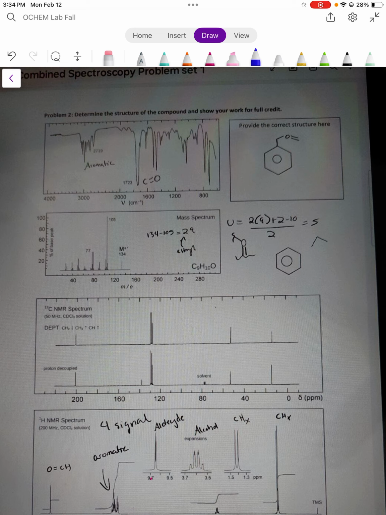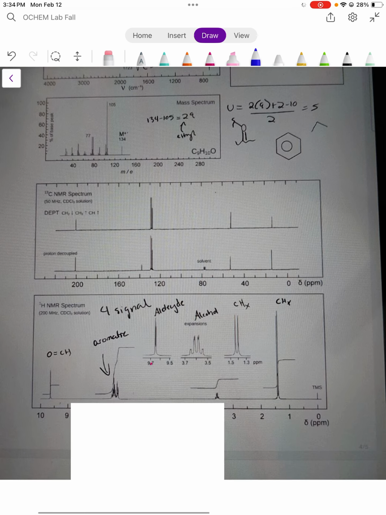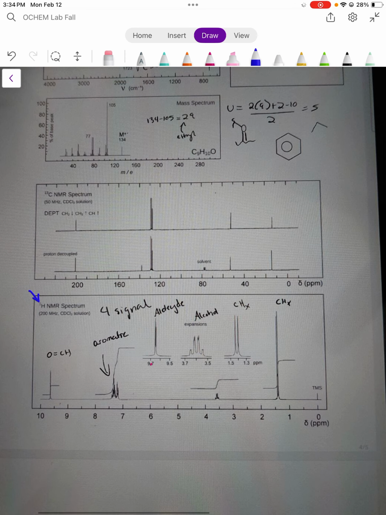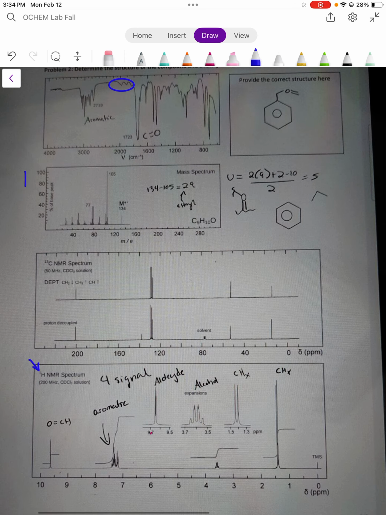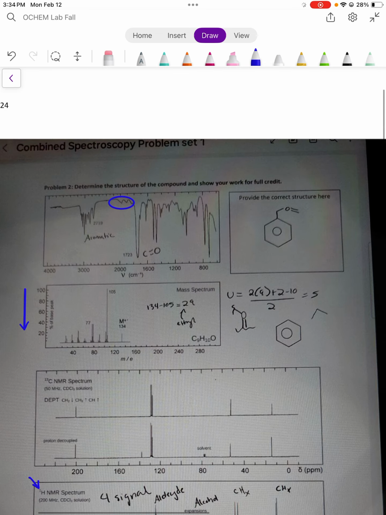But I'll just show you how I solved this because my process might be a little different than yours. I always start out with the IR and then I move to the HNMR. But as I go down through it, I just kind of look for anything that stands out as unusual. So starting with the IR, I go overtones of a ring. And then I say CH2 double or CH double bonds,